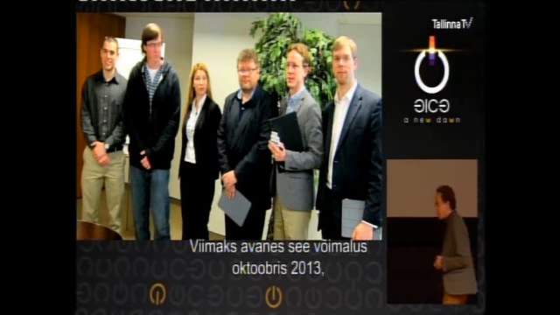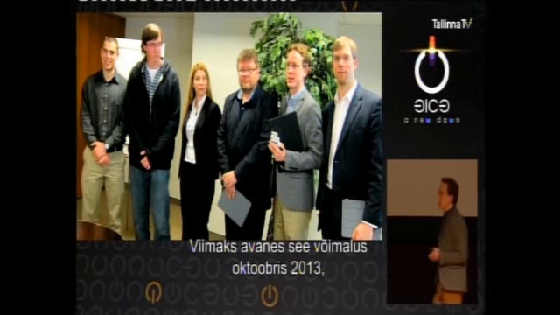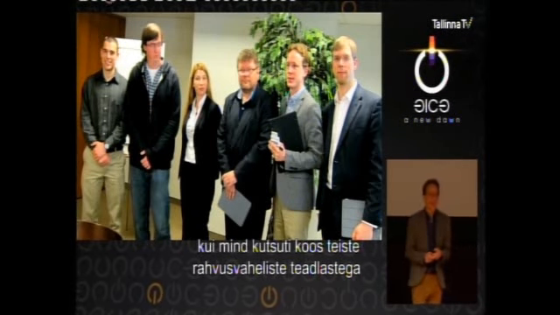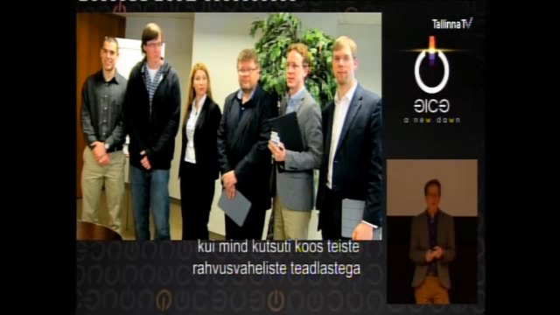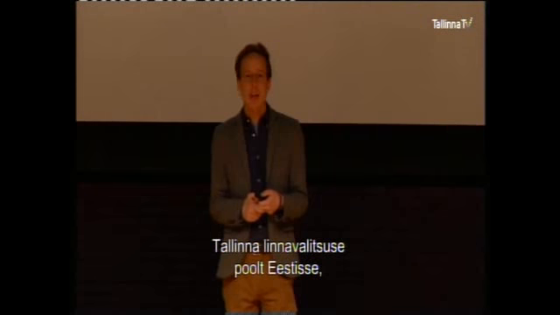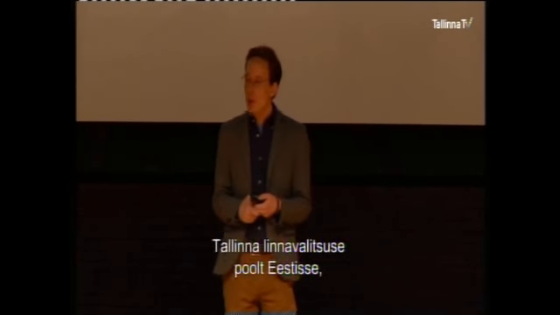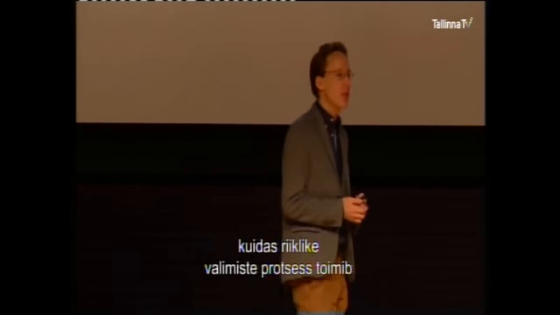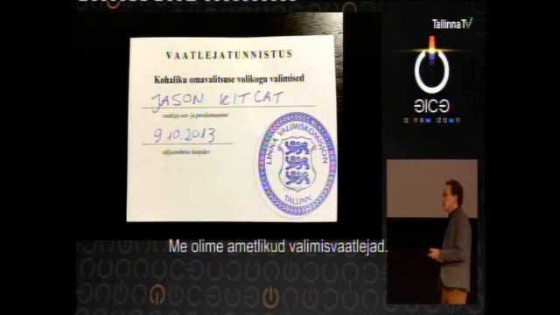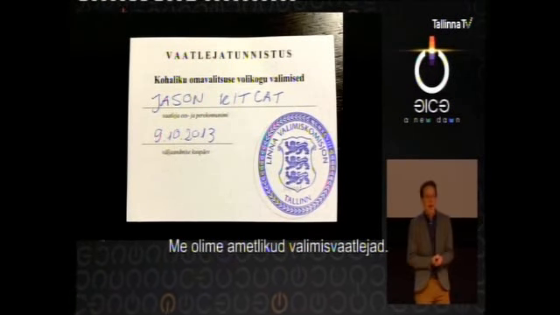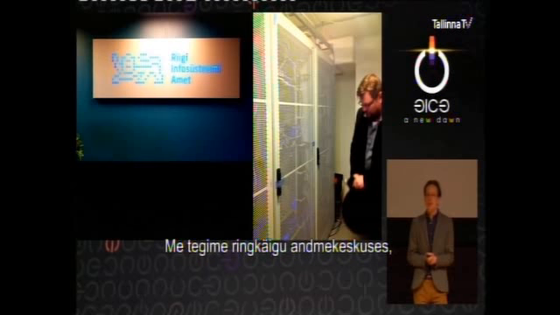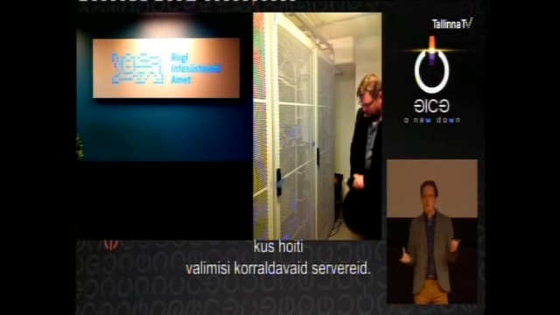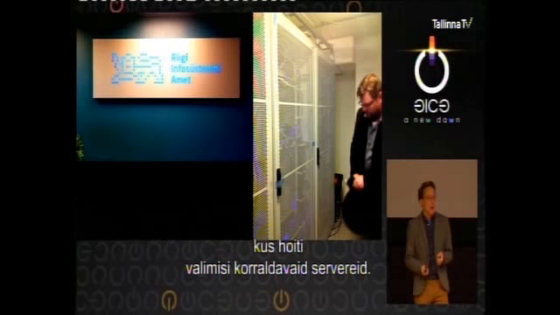Finally, I had this opportunity in October of last year, when I was invited, along with a team of other international researchers, by the City of Tallinn government to come to the country to talk about our experiences with e-voting and to be an observer in the national election, to actually see the process of the e-voting system being administered. So we were official credentialed election observers. We got to tour the data center where the servers conducting the election were housed.